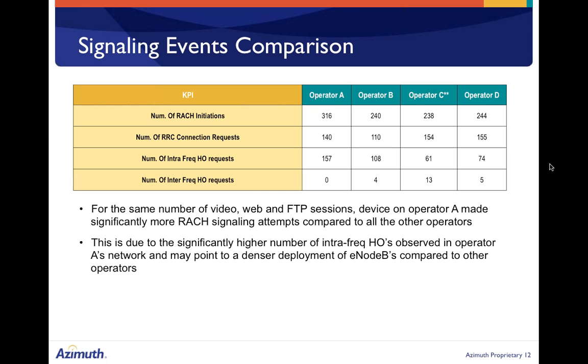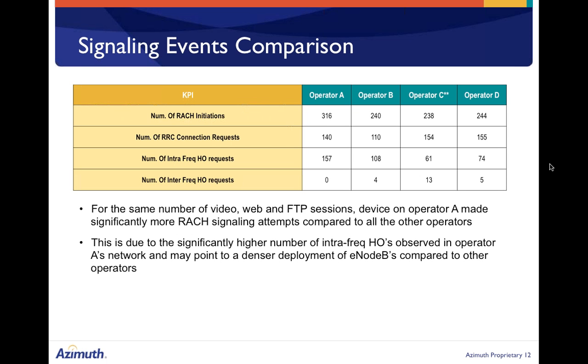And that's the comparison that is shown here in terms of how many RATS connections, RRC connections, and handover requests were being made by the different operators during these drive tests, where we did an apples-to-apples comparison of the same number of FTP sessions, web sessions, and video sessions. And clearly what we found was operator A was making significantly more RATS connections on the network compared to all the other three operators, which is actually a bad thing, because